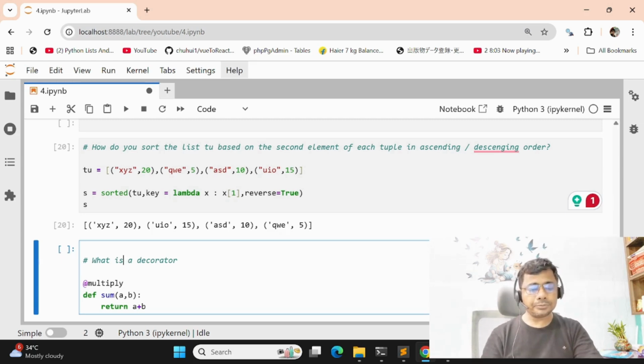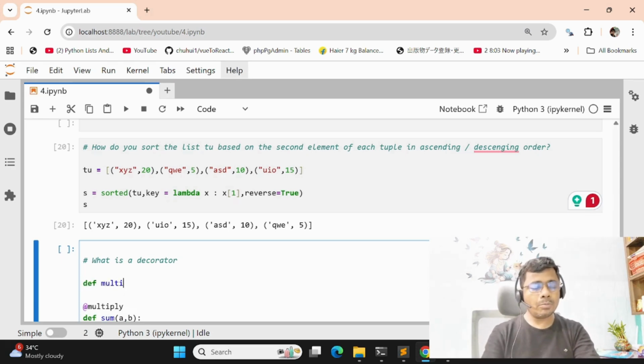Define here def multiply. The decorator contains one method, the method name should be the function. Then one wrapper containing two variables a comma b. Then c equal to function of a comma b.